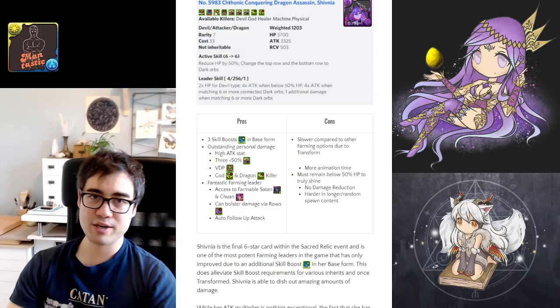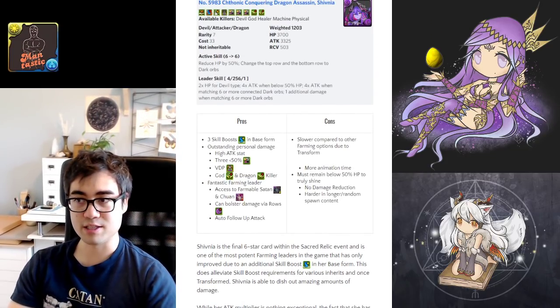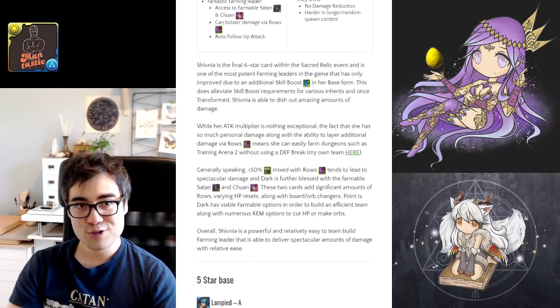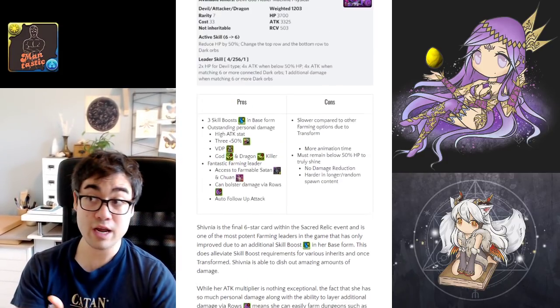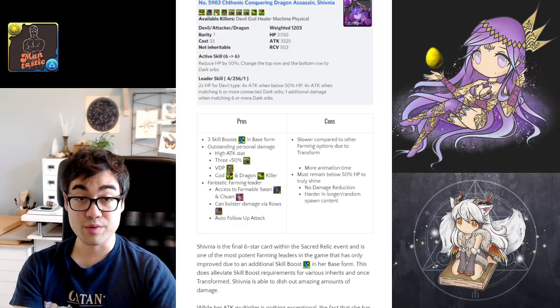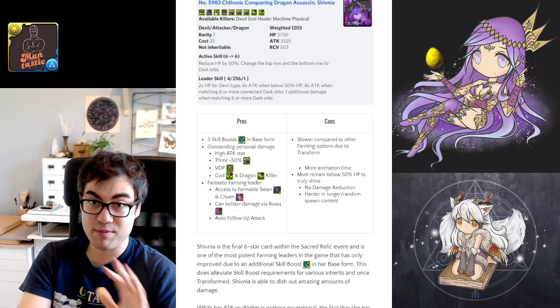And I feel like, just generally speaking, dark is just a more accessible color for farming, at least at this point in time, because Zeus Dioses have kind of fallen out of favor, so to speak. So you have farmable cards available, you have big damage output, and she is actually my favorite leader for farming Training Arena 2. I can bring a leveling card, and I can do it within like 2.5 minutes with basically